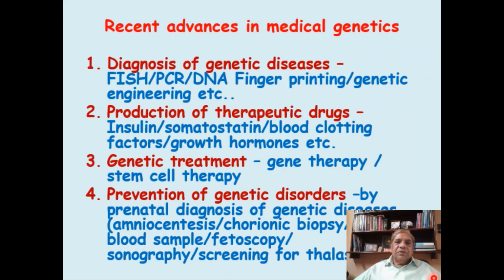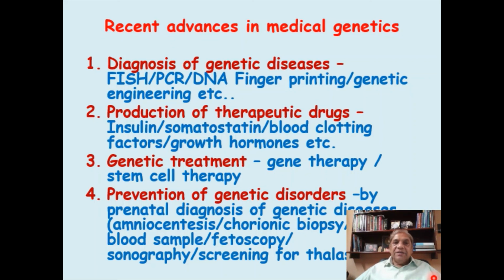Production of therapeutic drugs, similarly, as I said, insulin, somatostatin, growth hormone, the blood clotting factors for hemophilia. If a person has no pituitary, or abnormal or low functional pituitary, the height will remain very short. And if you give the injection before puberty to this person, the height will grow. So these hormones are substitutes which can be given from outside, and genetic knowledge is used in the production of these therapeutic drugs.